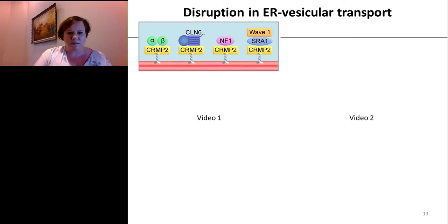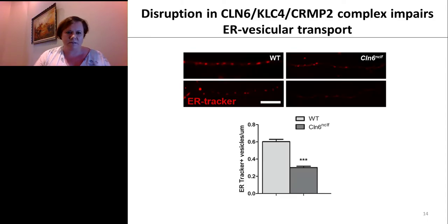Now, in the axon itself, there are two things that happen with the ER. There are small vesicles that pinch off at the ER and are trafficked very rapidly along the axons, but the smooth ER also flattens itself and is contiguous within the axon itself. And in these live videos, and I'll show you fixed frames if we move forward here, what you can see is that above that contiguous smooth ER, there are these very distinct, rapidly moving ER tracker positive puncta